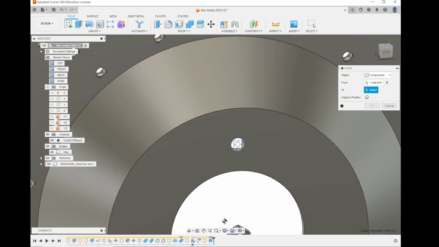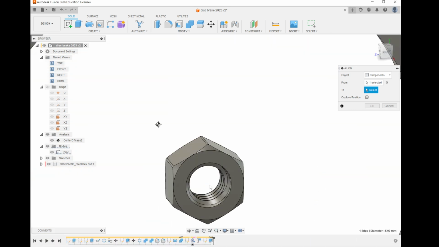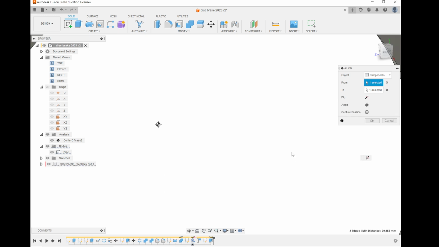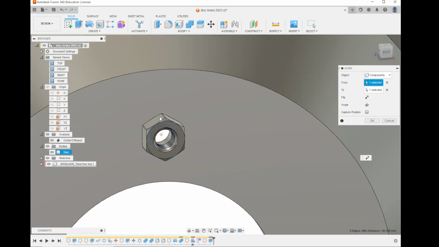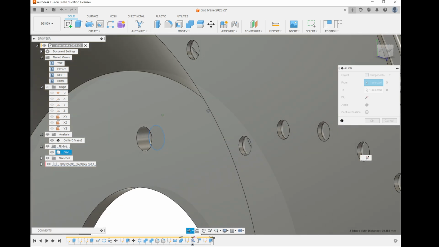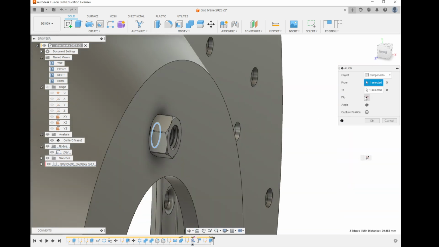And now we want to align it with this nut over here. If we hover over any of the circular components, we can do the same thing with that nut. We can click that, and now the nut should have aligned over there. Depending on your drawing, if it's incorrect, you can flip it, so it'll be on the other side, depending on where you do your alignment. And you can also change the angle. And then if you press OK,